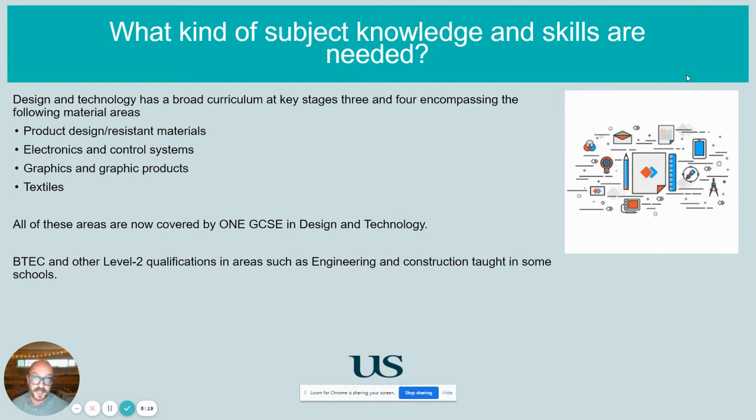Many schools have BTEC and other level 2 qualifications as well in areas such as engineering, construction and building, but not all schools. But certainly if you're coming from an engineering background, you will find many schools that feed into an engineering BTEC and other level 2 qualifications. Some schools also do more functional skills regarding designing and making or around construction that don't lead to a level 2 qualification, and also some in cookery